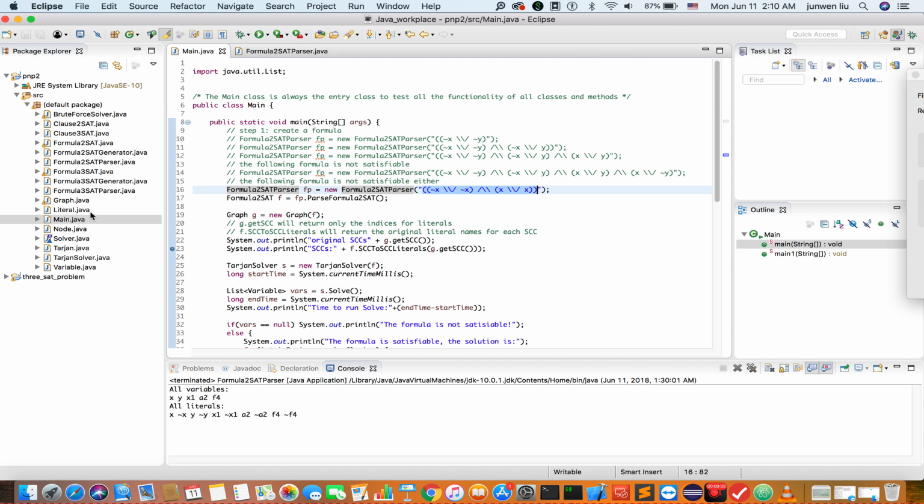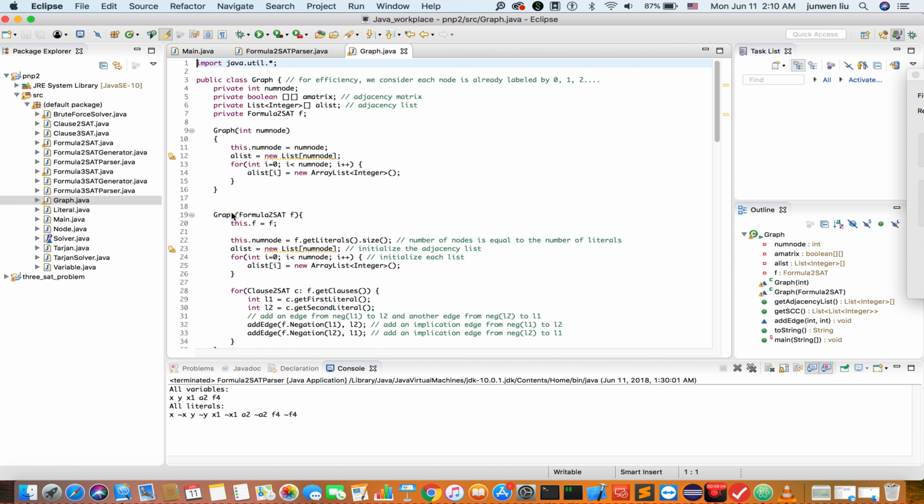So in the graph class, Graph.java, we will have several private instance variables defined, and here is a constructor. Java has an overloading feature, and we have 2 kinds of inputs: one is a number of nodes, and the other is a 2-SAT formula as an input, and definitely we are in the second case. So in this case,